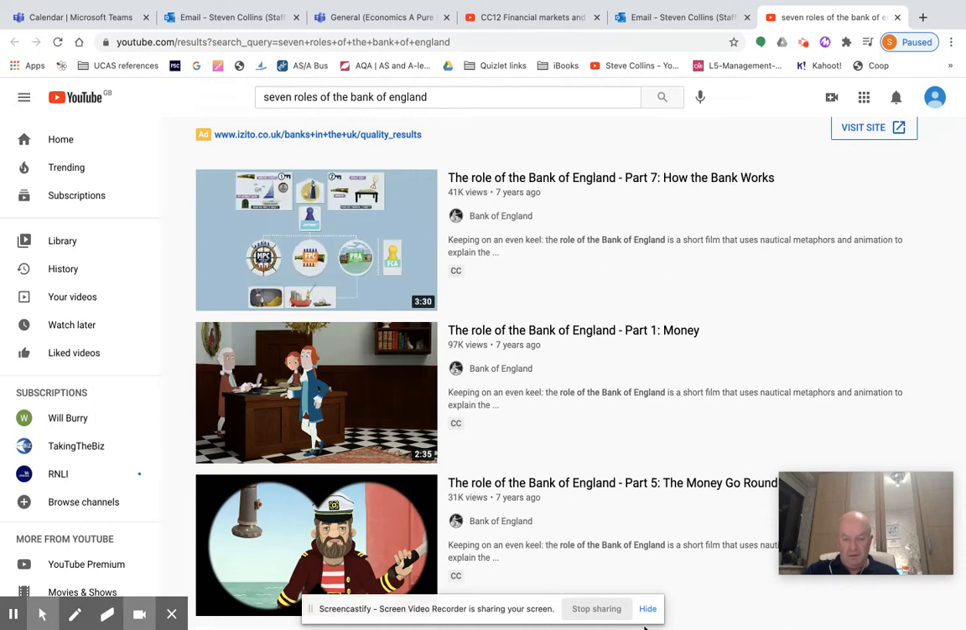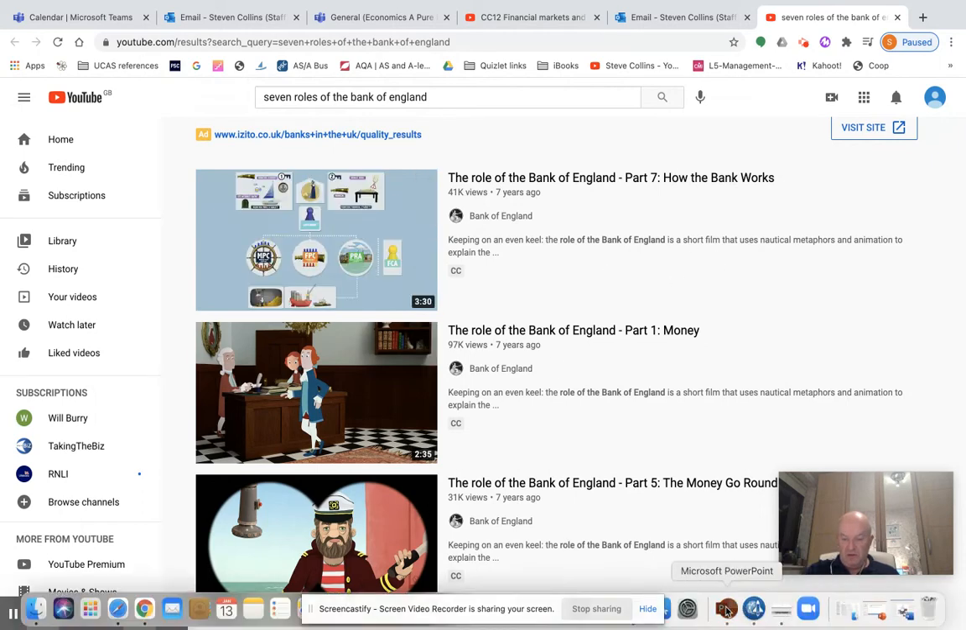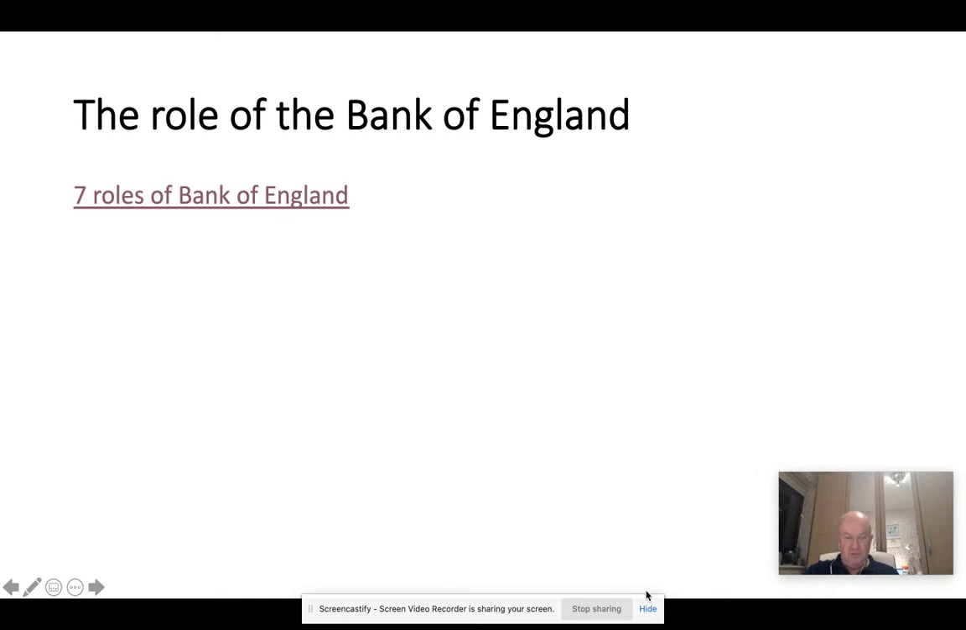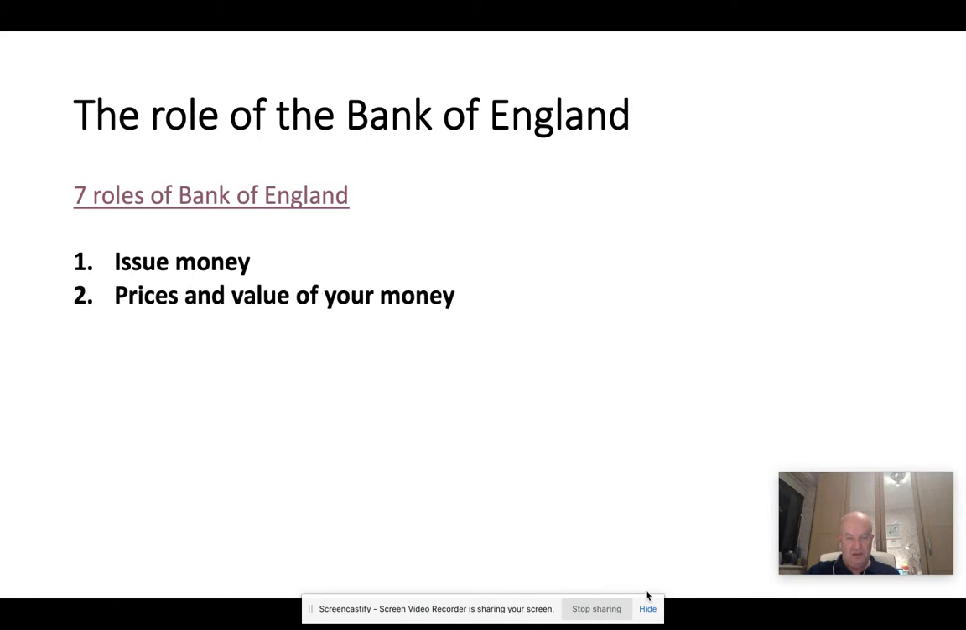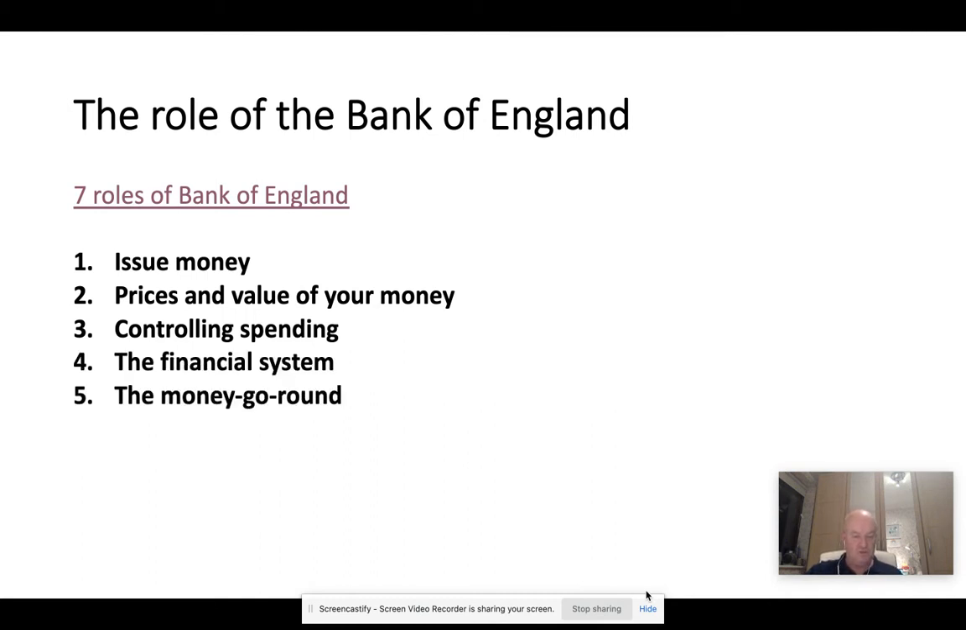so I'll just move back to the original PowerPoint. So basically, a range of different things that the Bank of England has to do. It has to issue money. It has to provide prices and value for your money. It has to control spending. It has to try and manage the financial system. It's also responsible for the money go round,